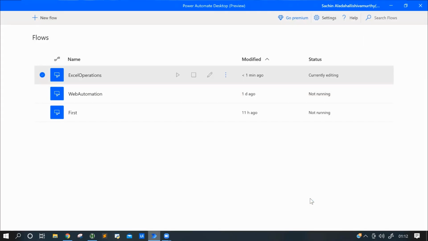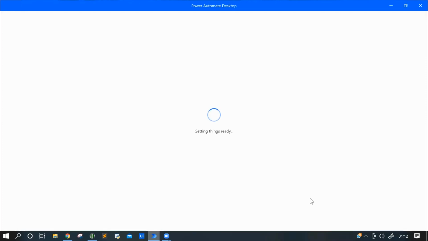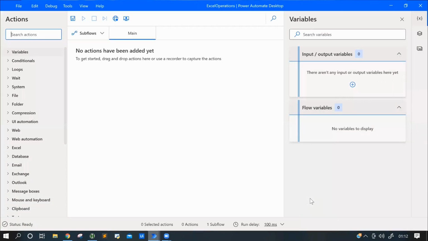It usually takes a few seconds to open. Once the flow is ready, we are going to see what all the panes are present over here and then how we can automate. This will be the screen after you click on the Create button. This is the action pane, with all the actions available in Power Automate.